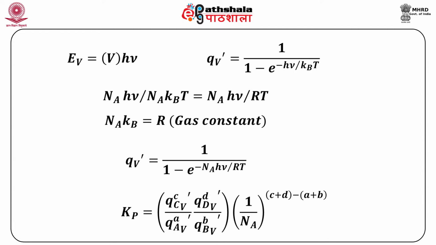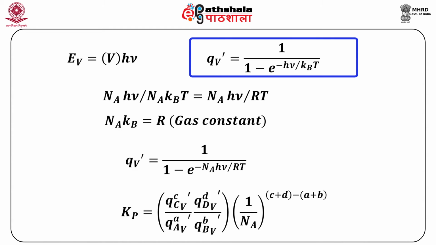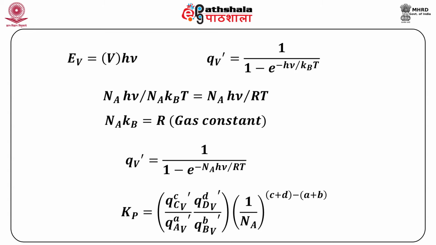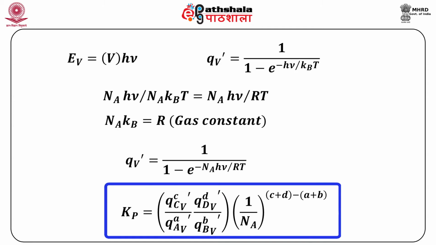Now, for such a system, the vibrational partition function is obtained as Qv' = 1 upon 1 minus e to the power minus h into frequency upon kBT, where frequency over here corresponds to the frequency of vibration. kB, as in the previous case, is the Boltzmann constant, and for 1 mole of the reactants giving products, the expression modifies to Qv' = 1 upon 1 minus e to the power minus NA into h into frequency upon RT. With this, the equilibrium constant expression becomes Kp equals (QCv') to the power C